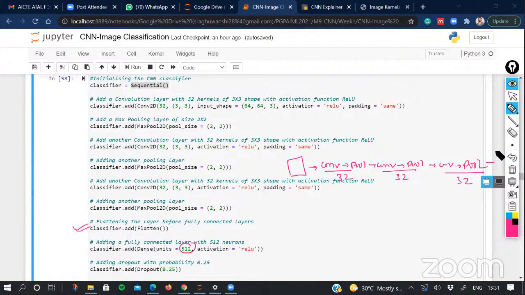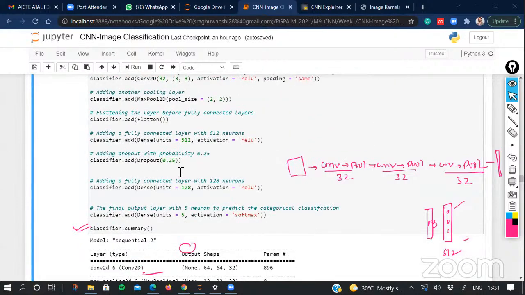Then we are adding a dropout layer with 25% dropout, which means that only 75% of activations will be forwarded to the next layer. Then we are adding another dense layer with 128 neurons. And because this problem is a 5-class classification problem, finally we are adding an output layer with 5 outputs.